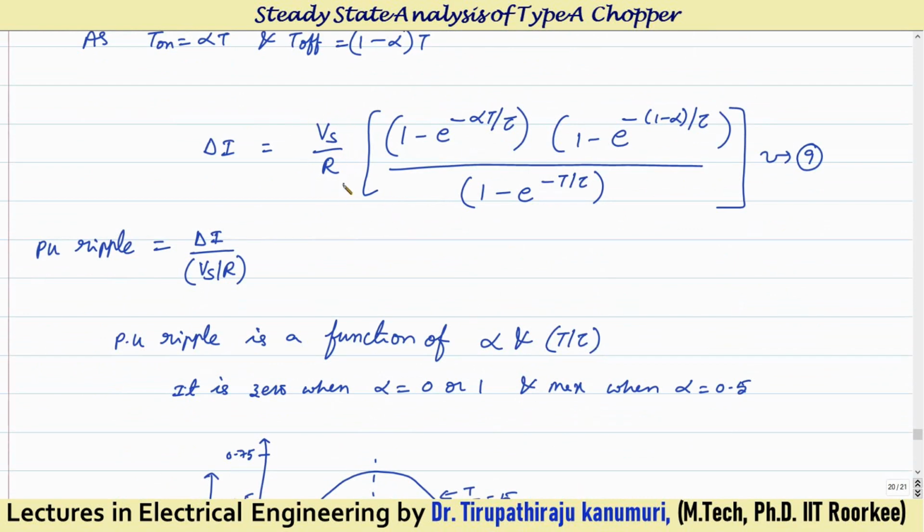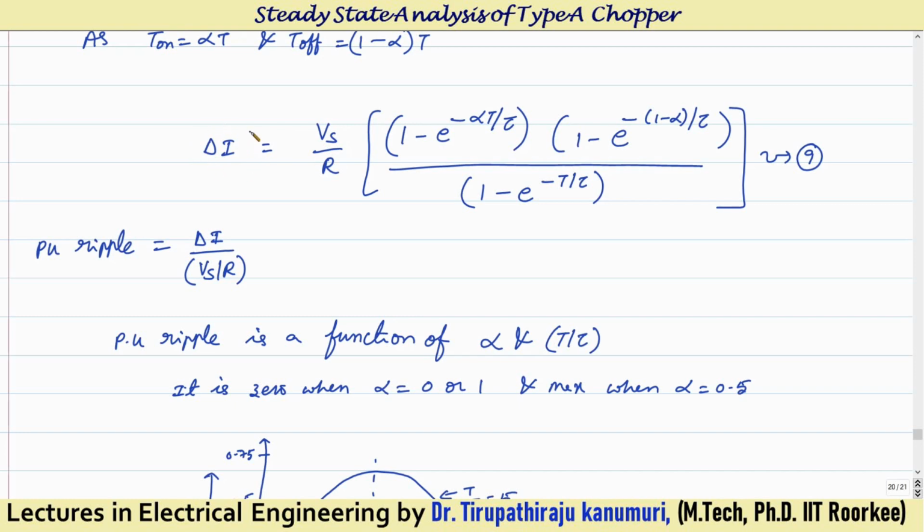because under steady state conditions the resistance is the only opposing thing. So that's why we can say the per unit ripple is equal to delta I divided by Vs by R. The steady state ripple is delta I divided by Vs by R. Here you can see that the steady state value is actually Vs minus E divided by R, because E is opposing it, but the effect of E is negligible, or rather E does not affect the ripple content of your system.